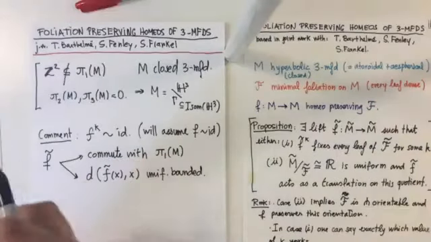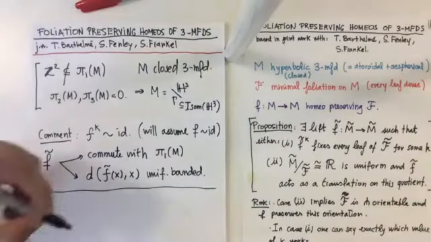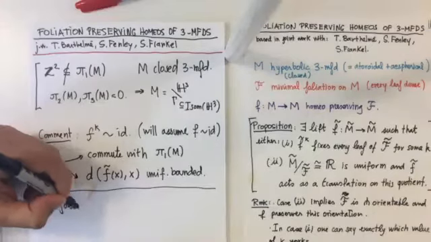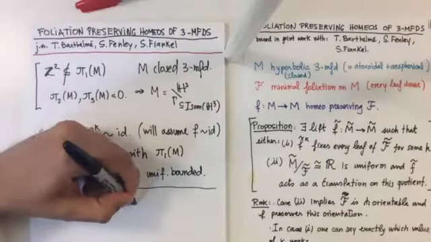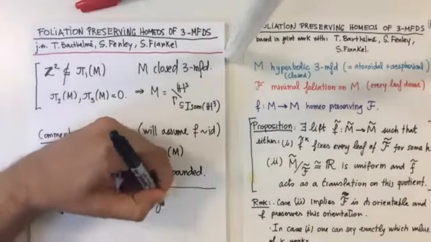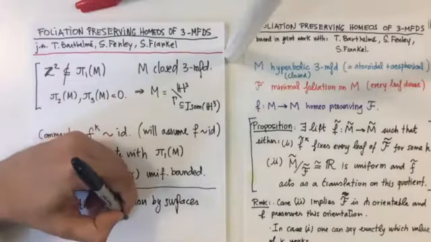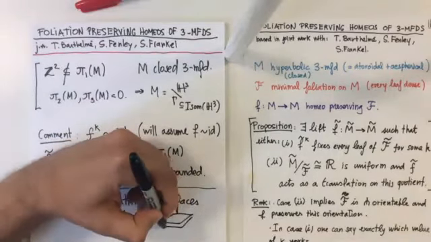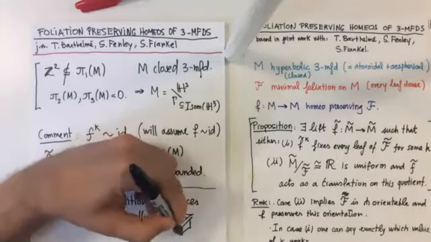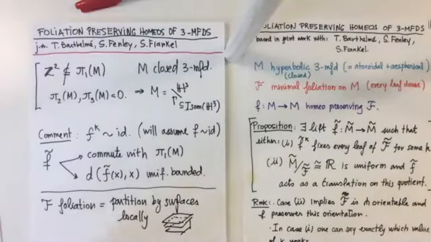And so let me, before I start, make a comment on the hypothesis of the foliation being minimal. Okay, so a foliation. This means it's a partition by surfaces which locally look like this. And in particular, the minimality assumption means that every one of the surfaces in the partition is dense in the manifold.